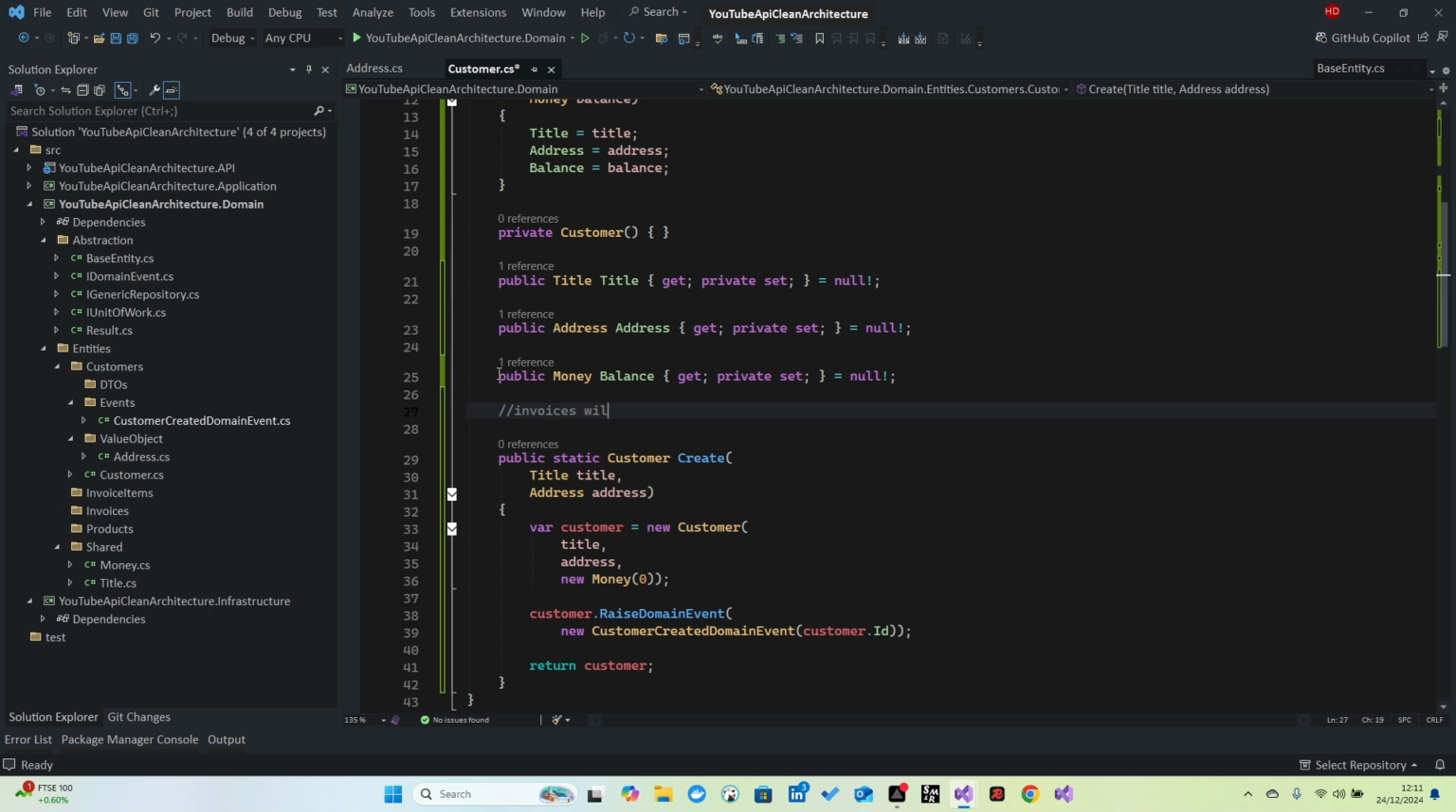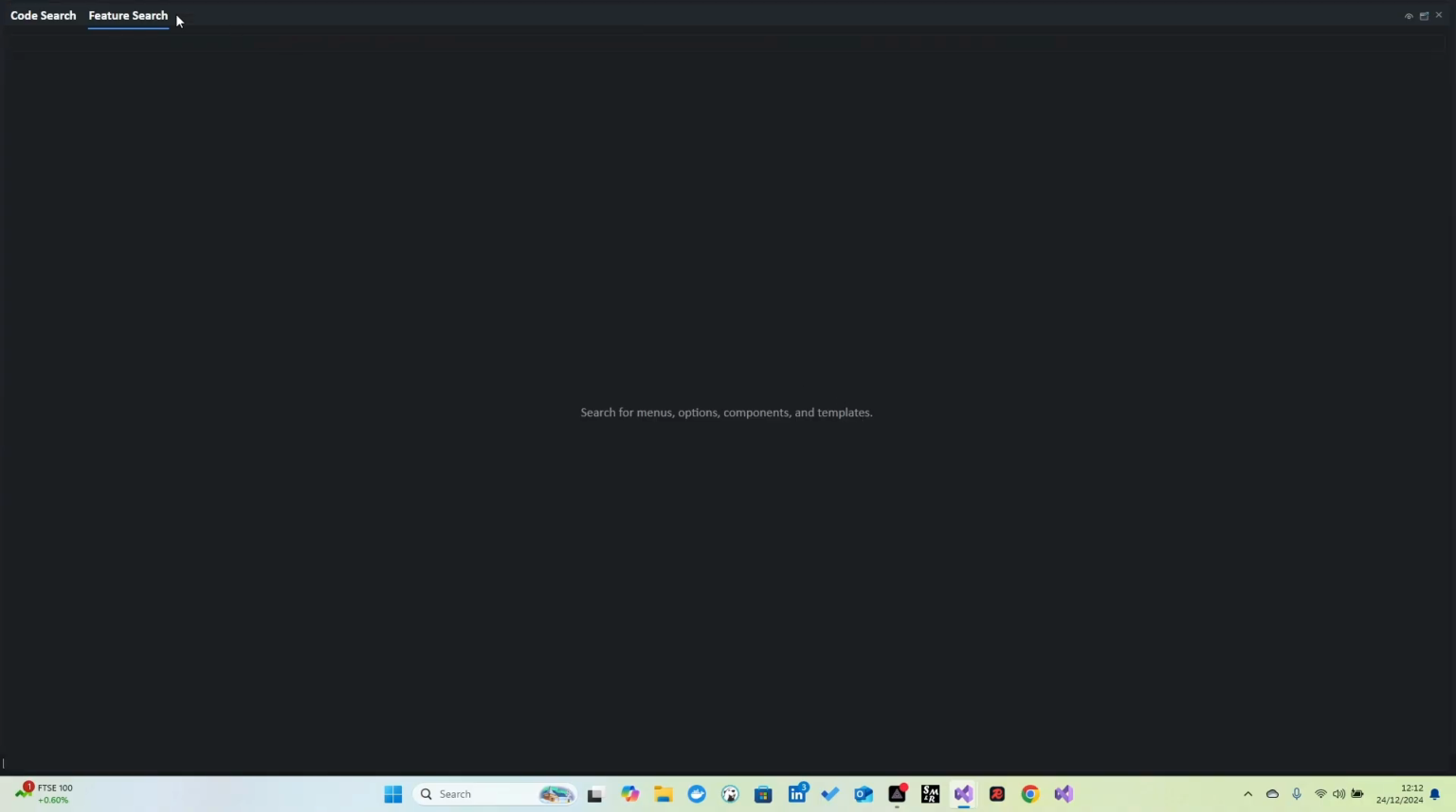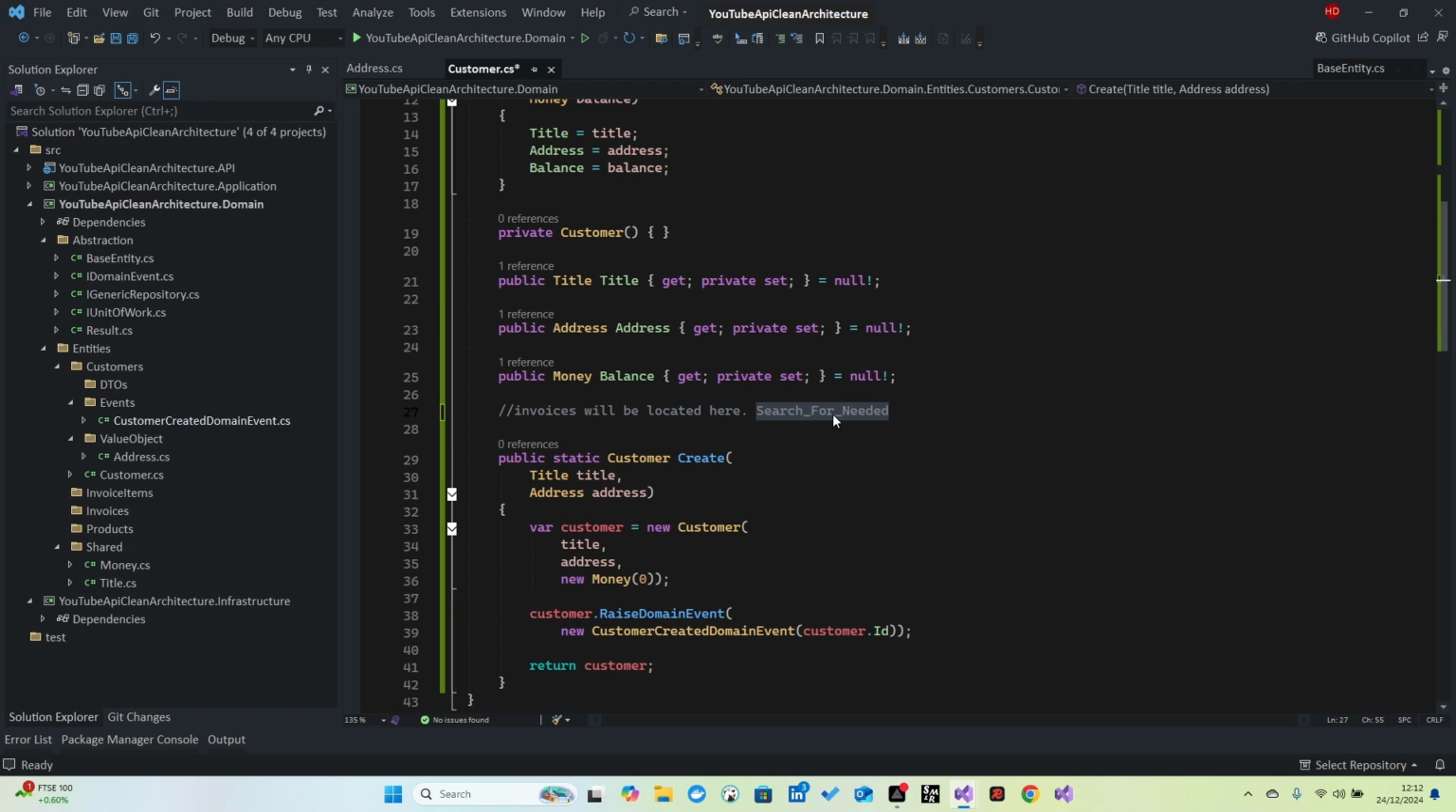Invoices will be located here as a command, not to forget what I've done. Actually, let's make a pattern. For example, if I type here "search for needed", everywhere search for needed, if I type Ctrl Q, and if I copy